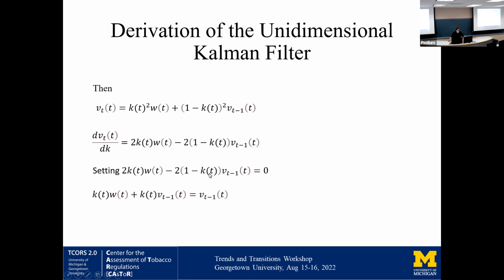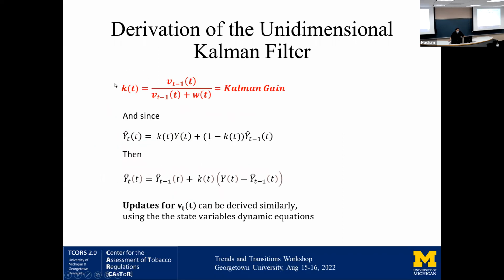And once I do that, I solve for k. After some simple manipulation here, I found that the k of t, which is what we call the Kalman gain, that weight that I assign to the most recent vector of observation, is simply